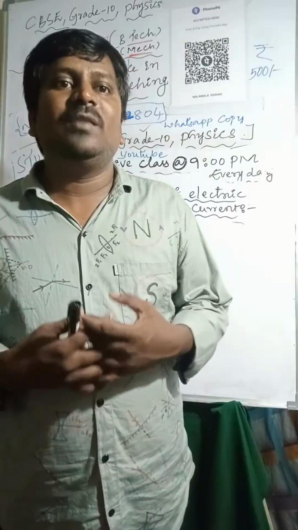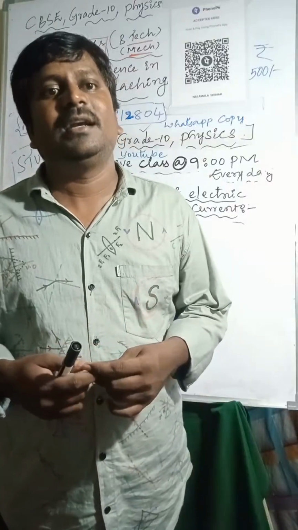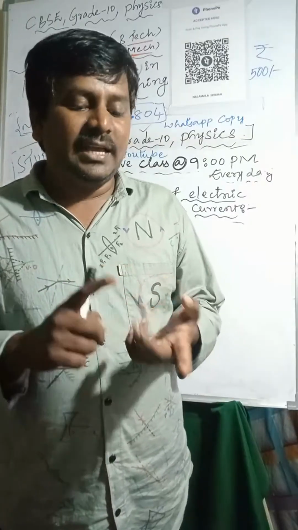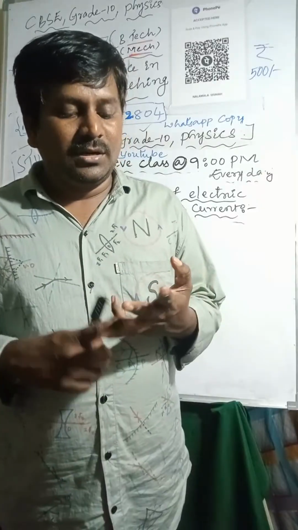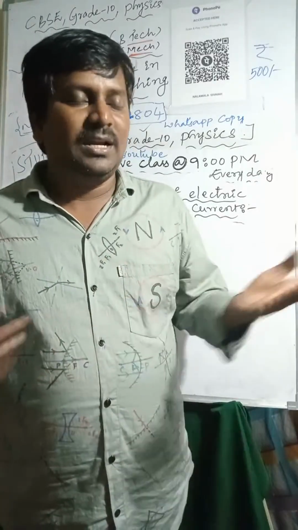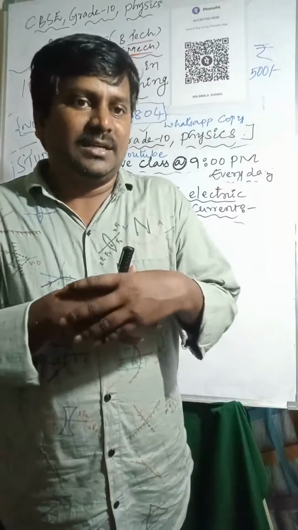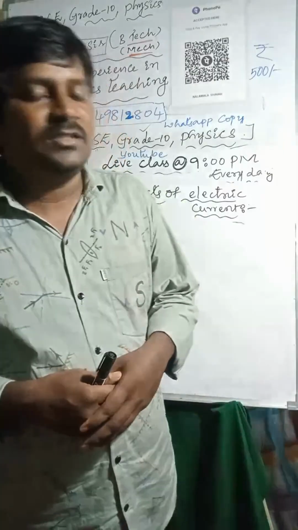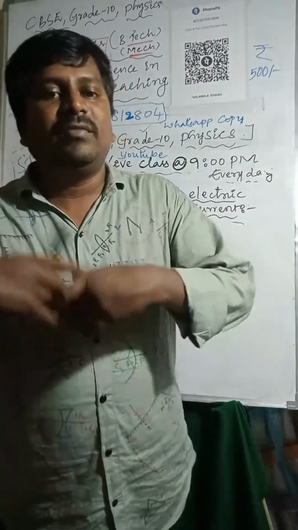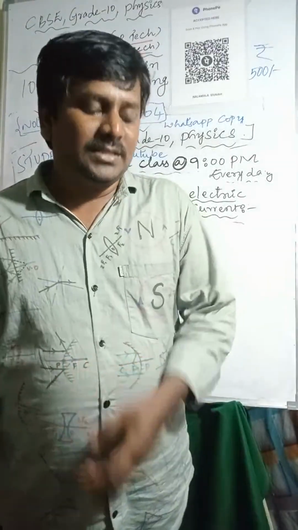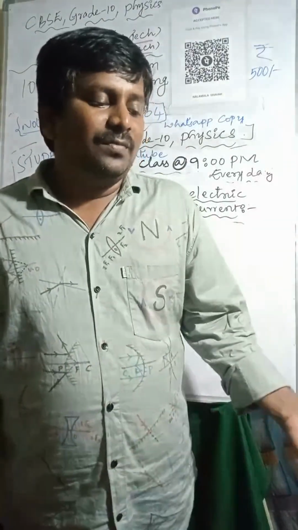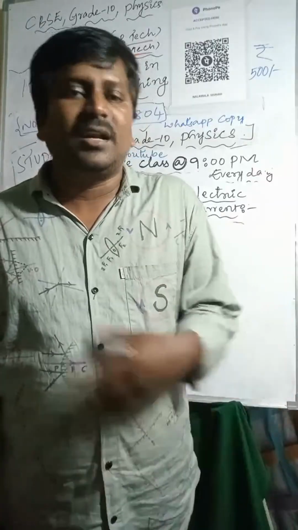If you switch on high voltage appliances at a time, like AC, geyser, fridge, water heater, then what happens? A heavy amount of current will be drawn from the mains. It leads to a short circuit, and then